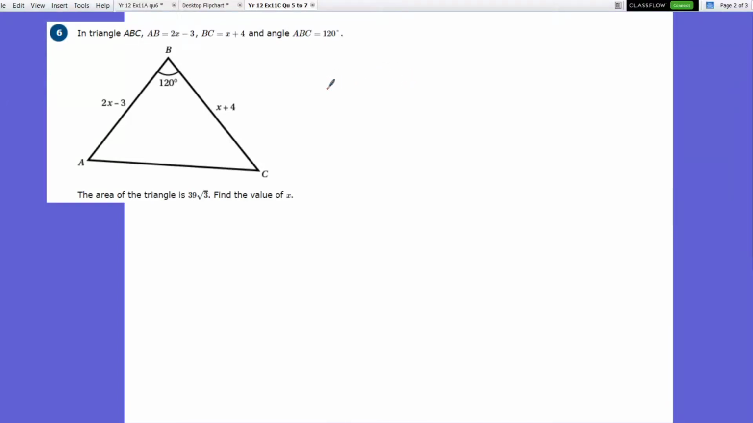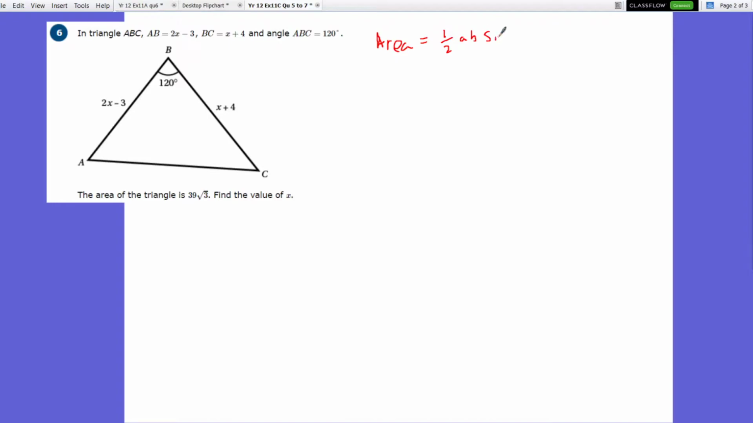Okay, in this question, we've been told the sides and the angle between those sides, and it says here the area of the triangle is 39 root 3, find the value of x. So we're given the area also. Now, it is a non-right angle triangle, so we have to use the sine rule for area, which is, just write it here, area of a non-right angle triangle is half